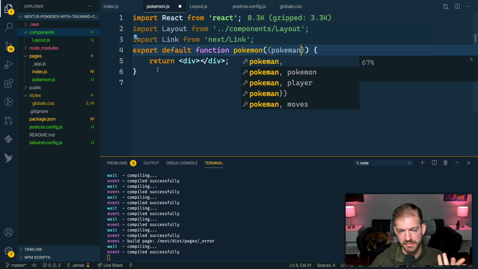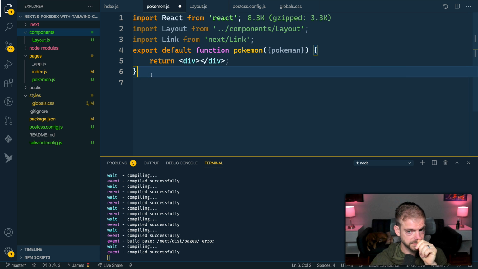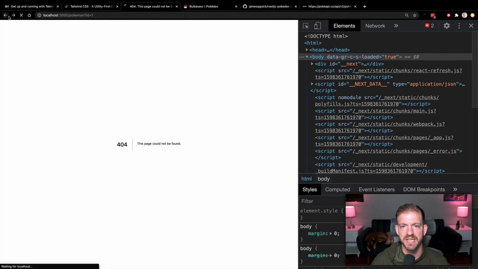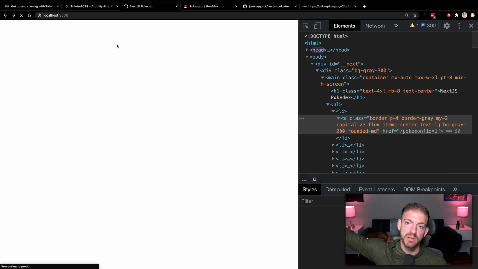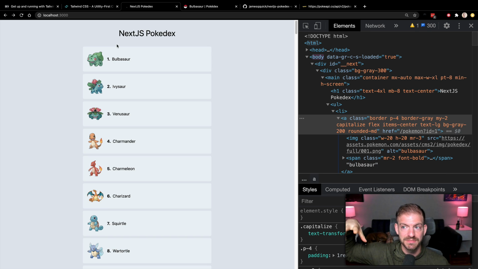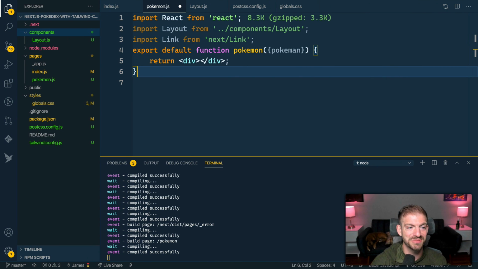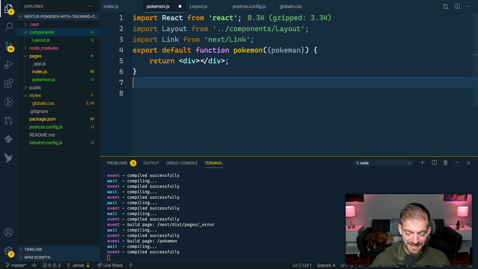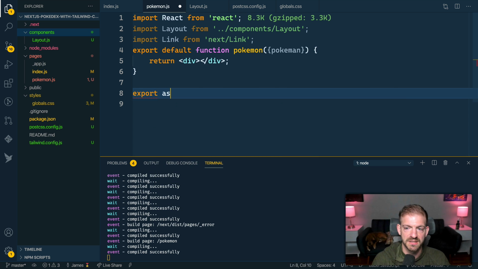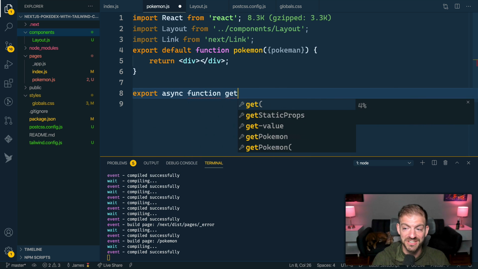But the thing we need to differentiate here is, if you remember, this index page is a static page. So it's grabbing all the information about the Pokemon at build time statically. And then this details page is going to be a server-side rendered page. So to tell the page to be server-side rendered, instead of getStaticProps, we export an async function called